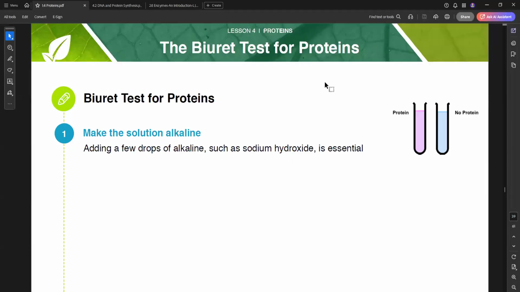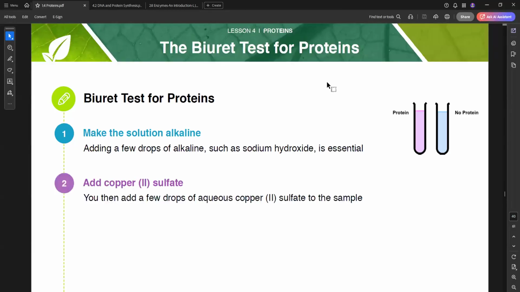So to start, we need to make the solution with our sample alkaline. So we add a few drops of hydroxide, copper sulfate to